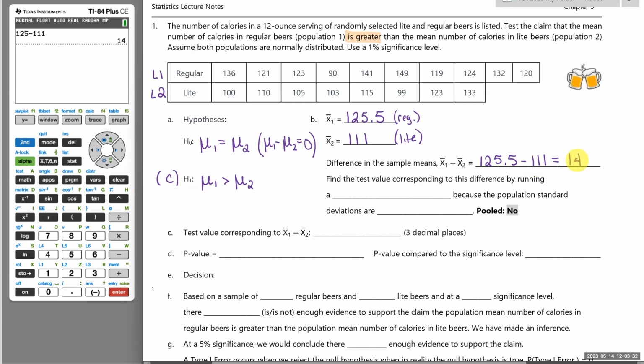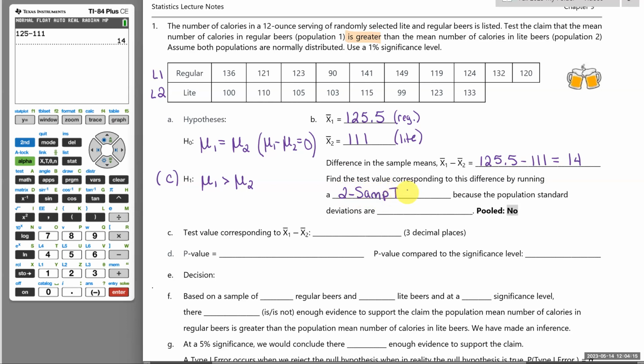I'd like to find out if that difference is statistically significant. So is it a number that convinces us that we should be supporting our claim for the population? We're going to find the test value corresponding to this value of 14. And the calculator is going to take care of all of that for us. We just have to first think about t versus z in terms of the distribution that applies. It says find the test value corresponding to the difference, so we're going to be running a 2-sample